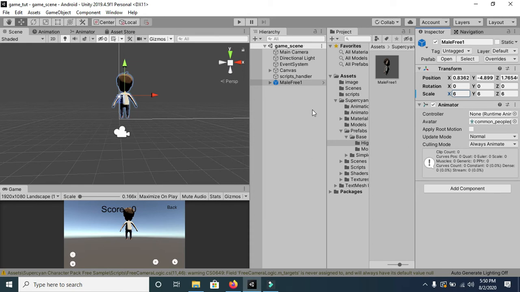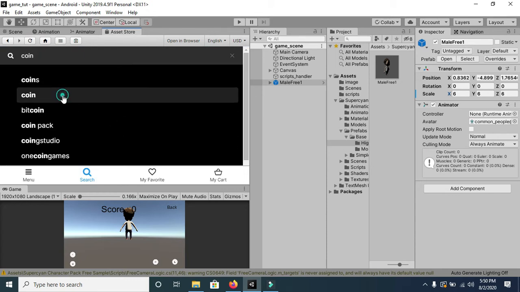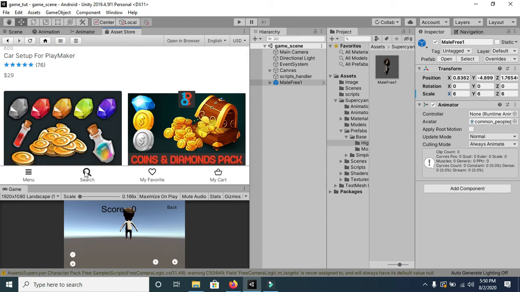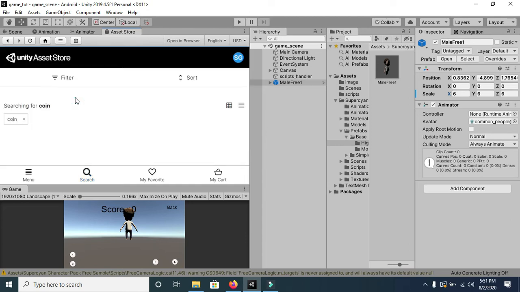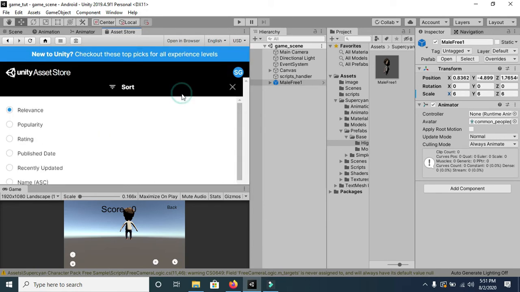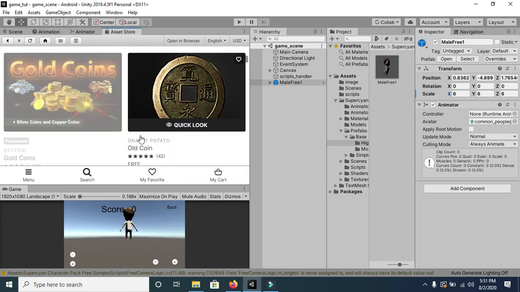In the same way we will import the coin assets. Now again go to Asset Store and search for the coin. So now you can see that it is too easy to import any asset from the Asset Store. Whenever you need any asset, you can simply go to Asset Store and download it and import it in your project. And I think it is a very convenient way. So in this way you can make your game look good also, and it seems to be more realistic. I think this one is fine.